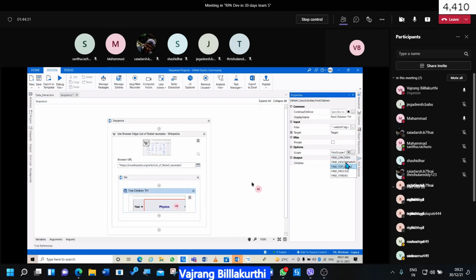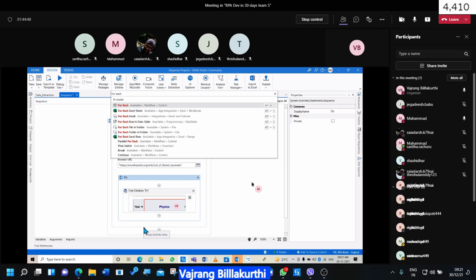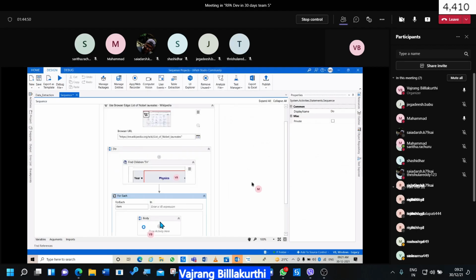So it can find it in any place. If there is any TR, then it can find it. So here the element TR is what we can write. Now we are going to get multiple TRs, and for each TR we are going to get the values. Let's see.